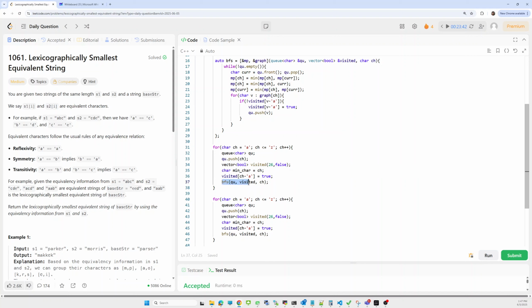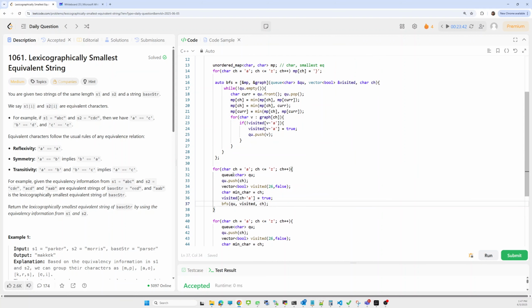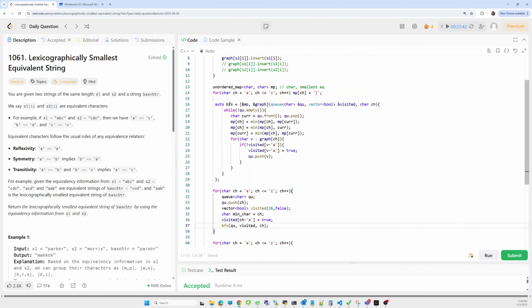Now after that, based on the queue, this visited array and the current character, we'll call the bfs method. Now we'll look into this. In the bfs method we'll do a simple bfs approach. Fetch the current element. Based on the current element, first we have to update the minimum value. Suppose we are traversing for the current, let's say a.